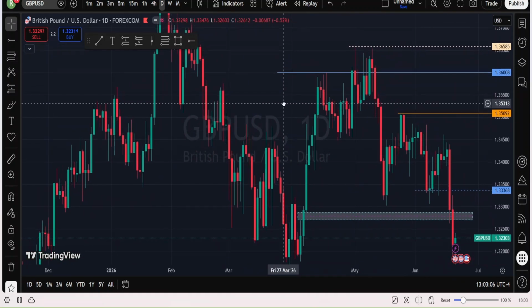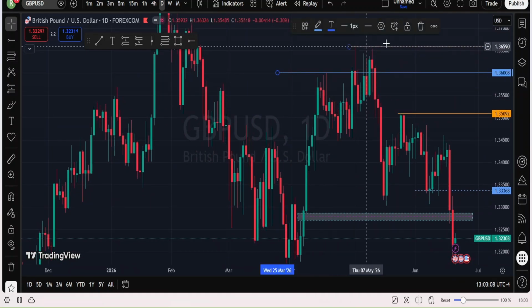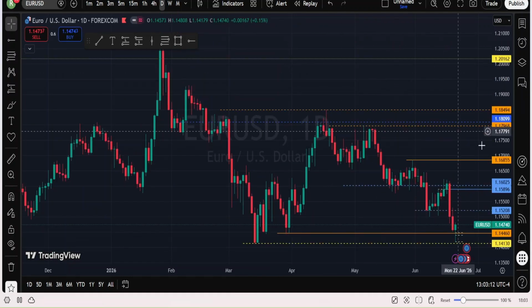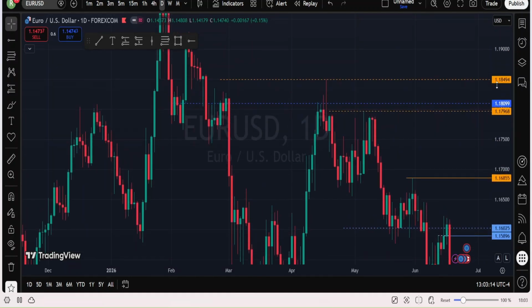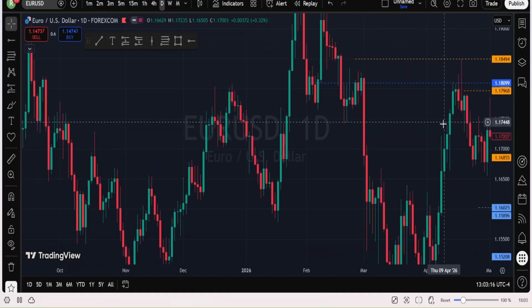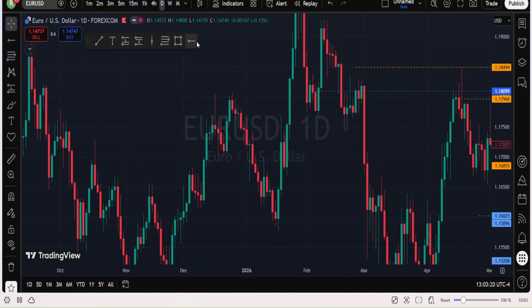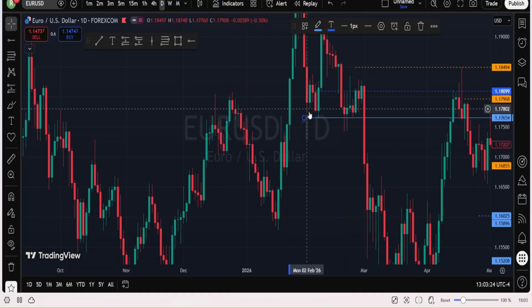So if you go to your charts, or let's take out this, if you go to a different example, let's go to Euro USD, you will find all those things everywhere in your charts. Let's not be like we are cherry picking. Imagine this area. You can call this place maybe a support zone, and look at what price did. Price came back, took out liquidity and moved up, then dropped hugely.